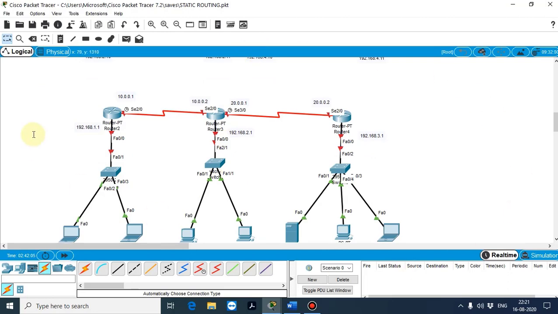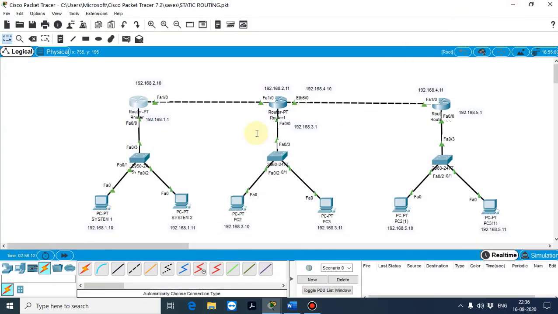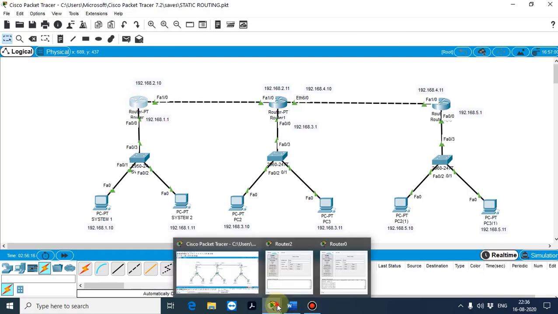Now, the major difference between static routing and dynamic routing is that in static routing, a user has to define the routes from source to destination, whereas in dynamic routing a user does not define the actual path. In previous videos, on each and every router you have to update the information.